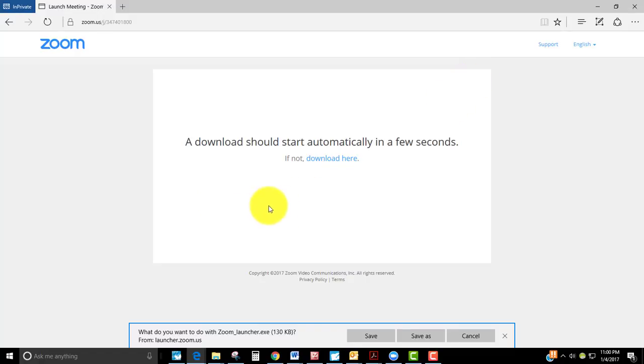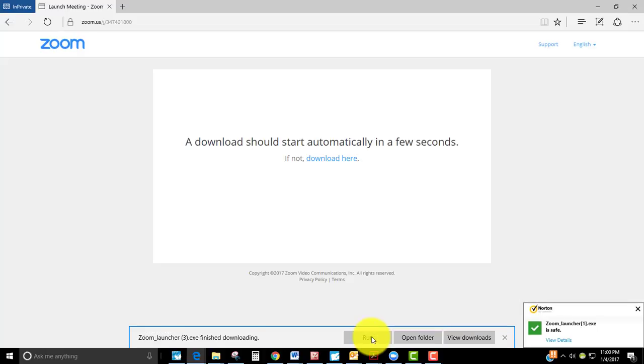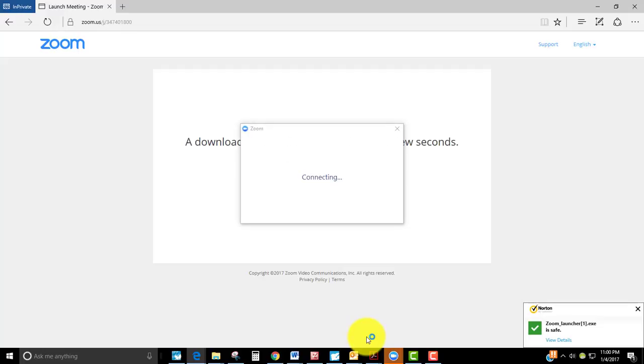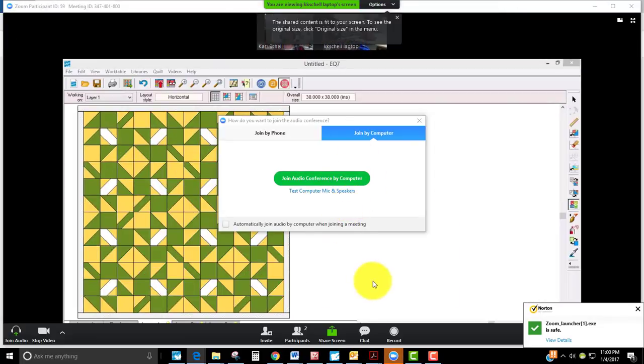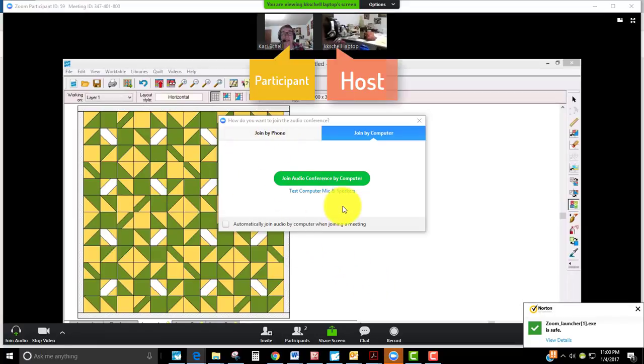Now it says that a download should start automatically in a few seconds. So I want to go ahead, and it's really the Zoom launcher, which will actually allow you to share your screen. So I'm going to go ahead and save that and go ahead and run it. And it actually runs pretty quickly. So right now it basically has completed running, and it is opening up and asking how I want to join